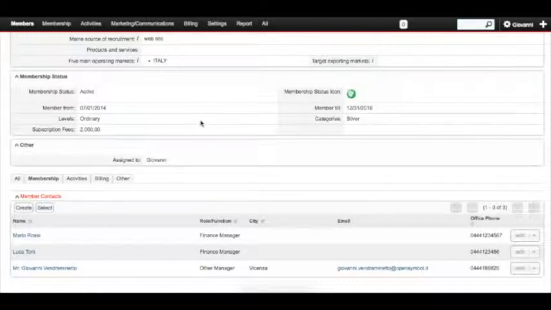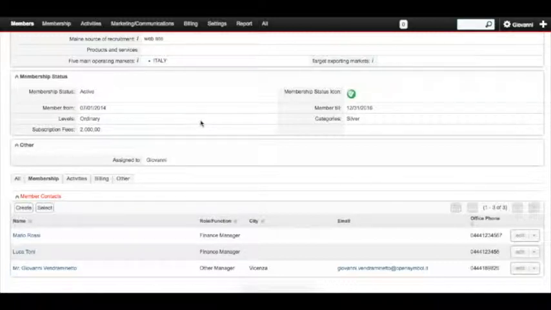But if the code is not added, then a new potential member and a new potential member contact will be created. So this is the second situation when, for example, a visitor, a user who is not in your database and who didn't receive your invitation,